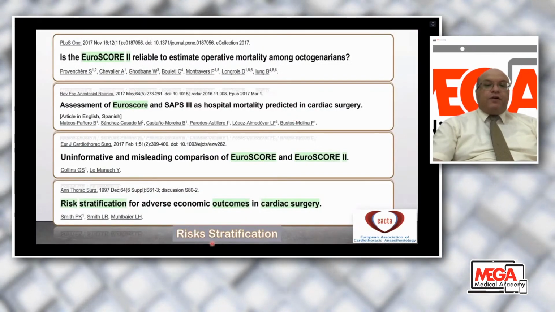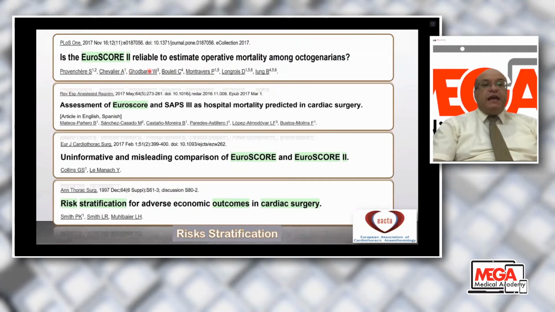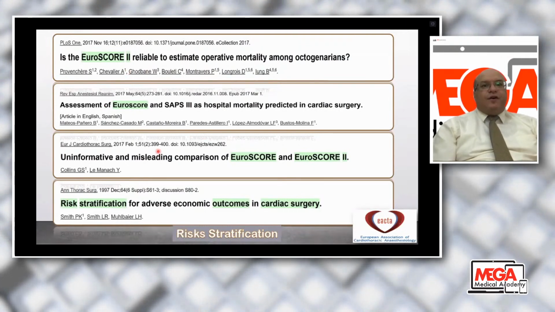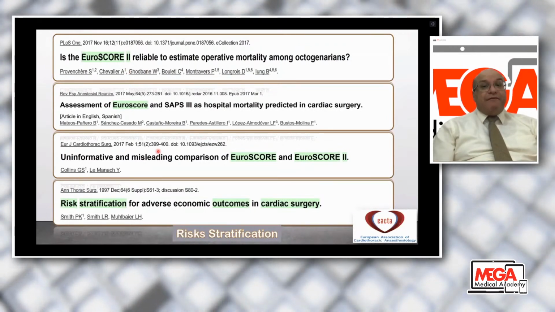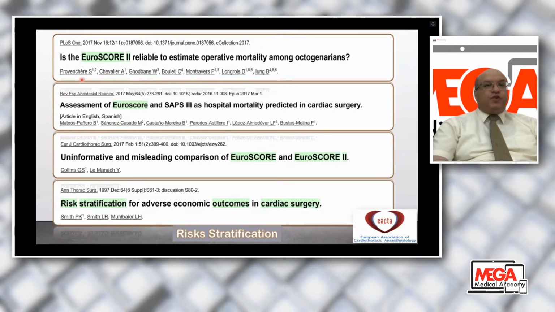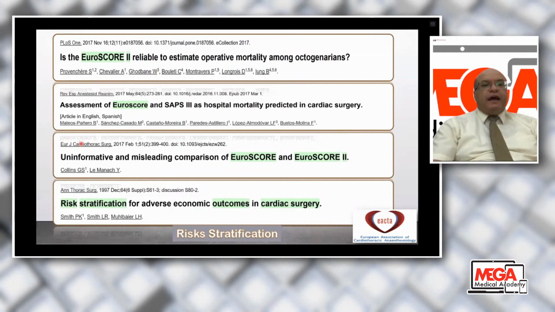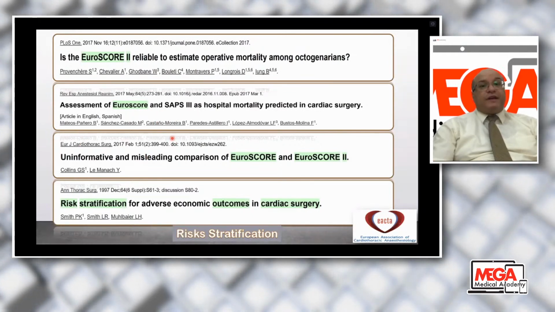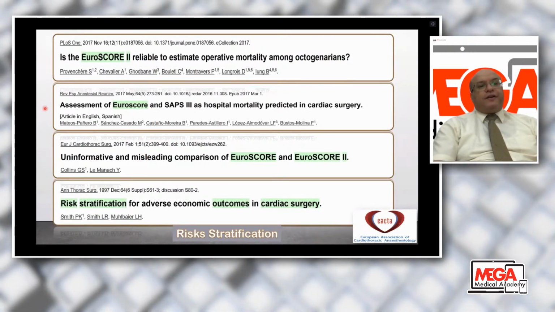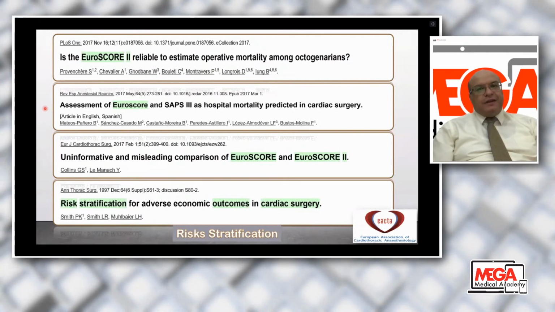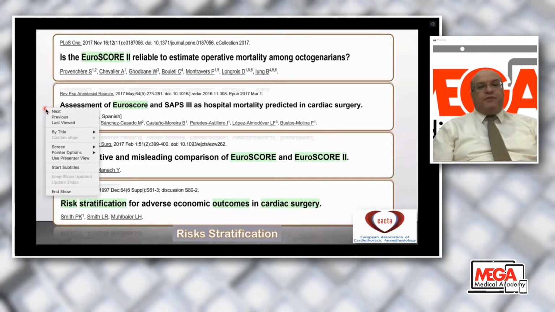First, if we take a look here at risk stratification, there is growing evidence of the efficacy, feasibility, and validity of using Euroscore 2 and also SAPS-3 as predictors for risk stratification before cardiac surgery. So it is very important to calculate Euroscore 2 before going